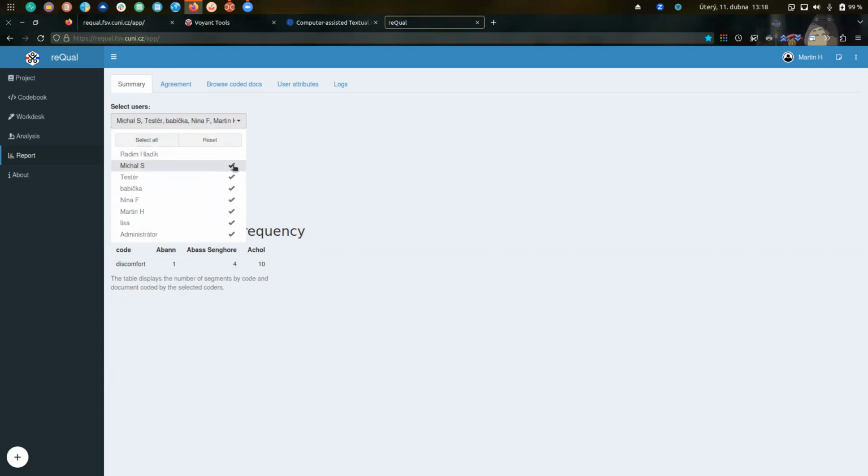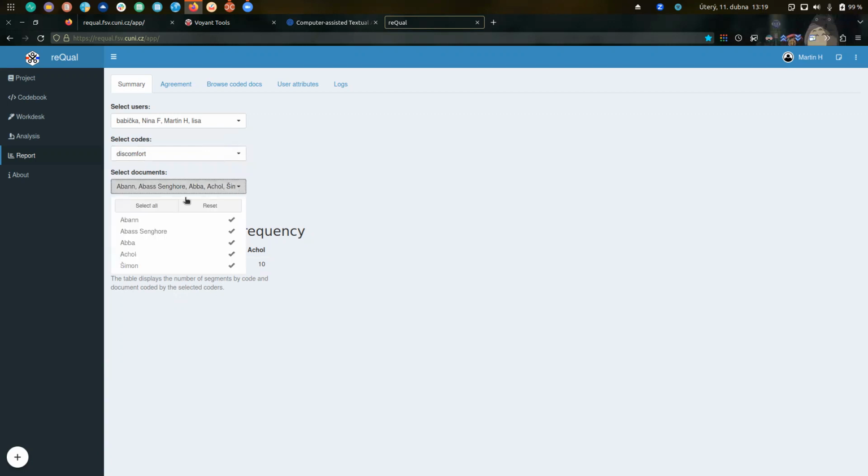But we are talking about these 4 that I selected. So it's just these 4. We have only one code here, and if I select the actual narrative,